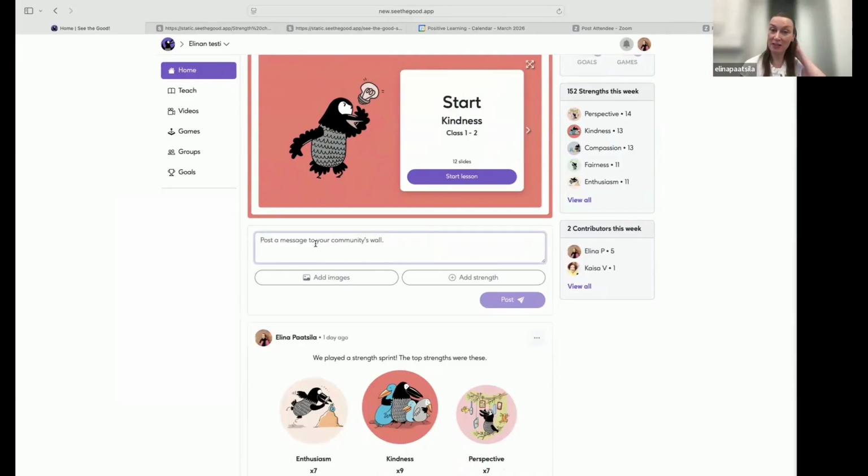So some schools have had really nice messages. They have written here on the community wall, like Louis said, when they have seen someone, or the group. For example, it was really nice that 4B group helped me to clean up the classroom after our lesson. And then you can write it down here. And then others will write different positive feedback. And in this one school, it was the principal who actually read those all aloud in the head speakers of the school, so that the whole school heard the positive feedback.